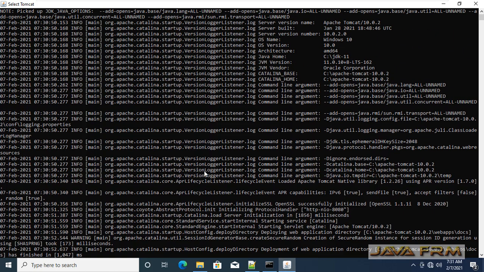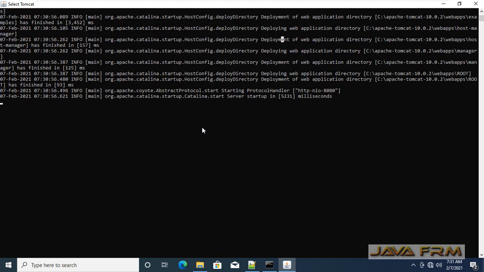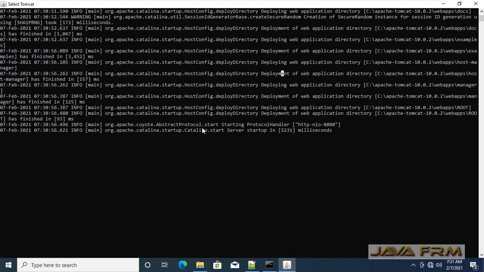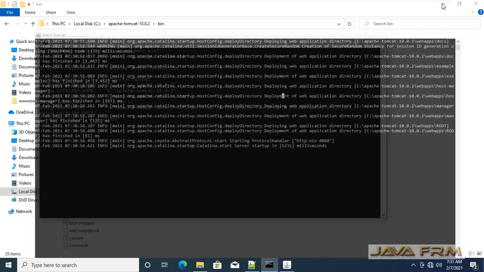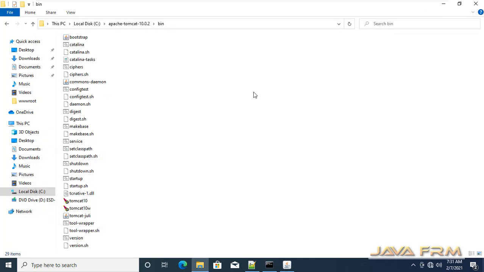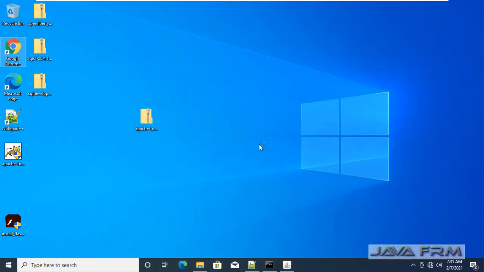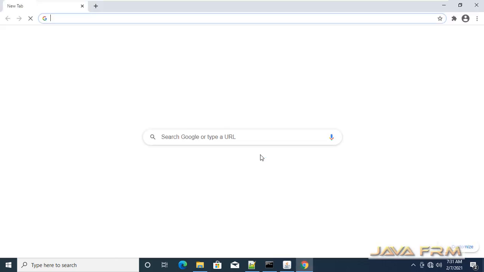You can see that HTTP port 8080 is the default port for Apache Tomcat. So Apache Tomcat 10 using JDK 11 has started successfully. Now let us open the browser and check Apache Tomcat 10 on the browser.